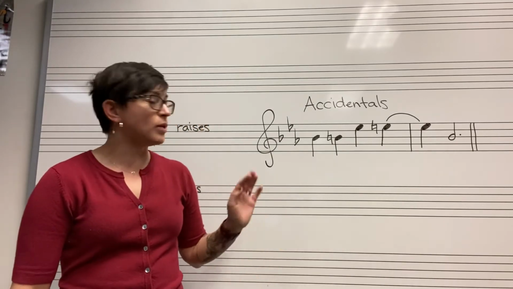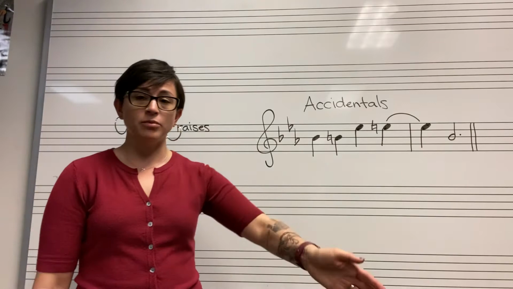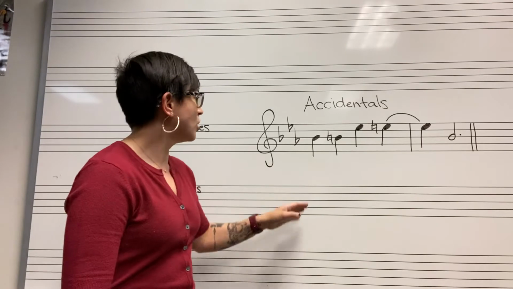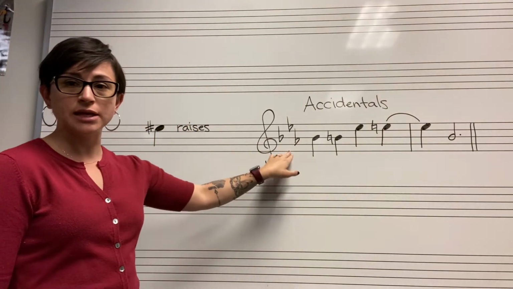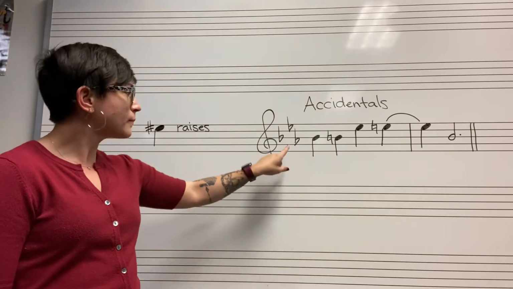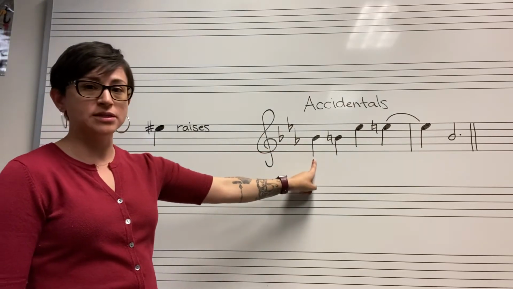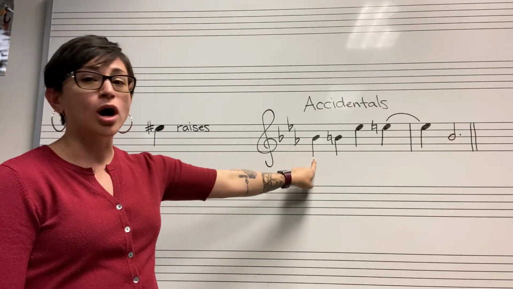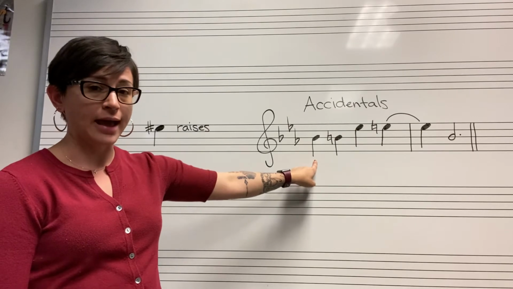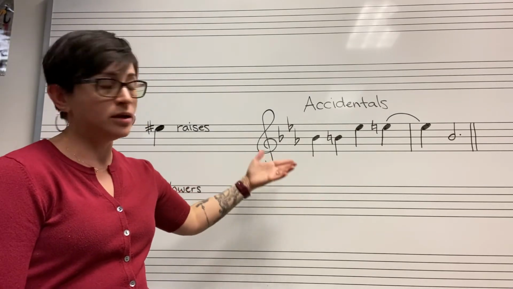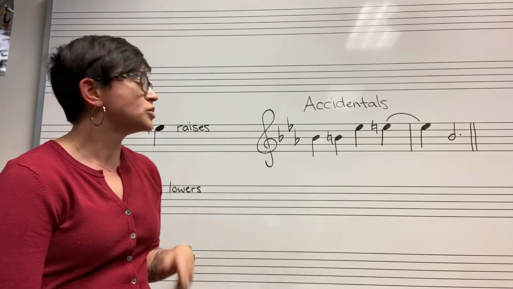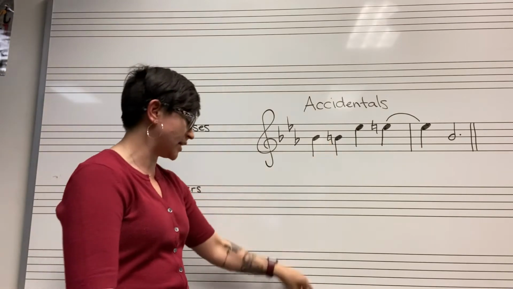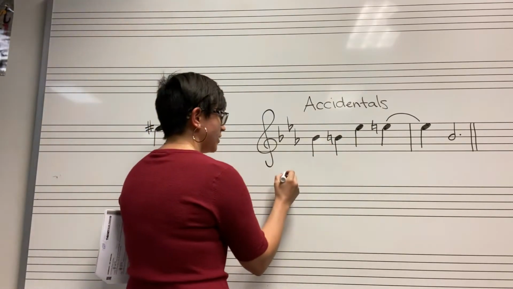So moving on to accidentals. Accidentals, as I said a moment ago, are what are not found in the key signature, okay? So over here, in my demonstration, I decided to choose the key of E flat. If I just write a B, it is automatically going to be played or sung as a B flat. Why? Because it's in the key signature. So the accidental that I wrote, the very next note, would be B natural. That's what that sign is there. Okay, whenever you see that symbol,